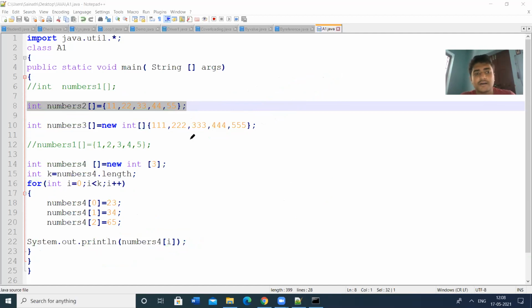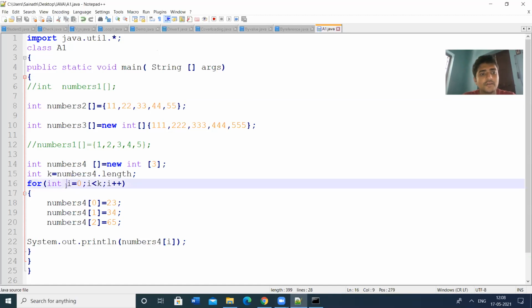So this is how you can use the arrays. For arrays, instead of this, we can use the for each loop. Let us see this.